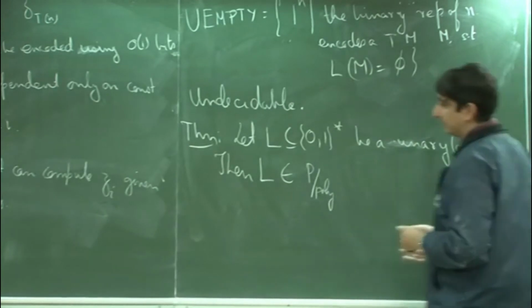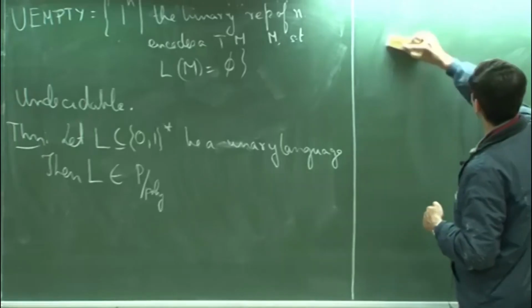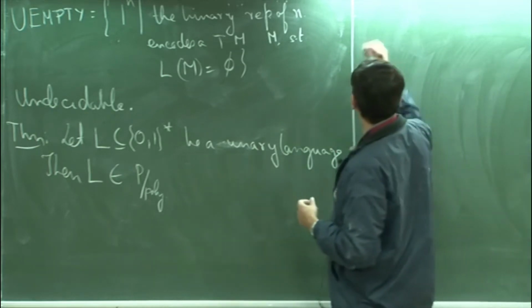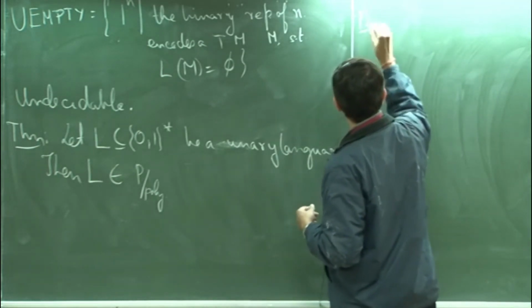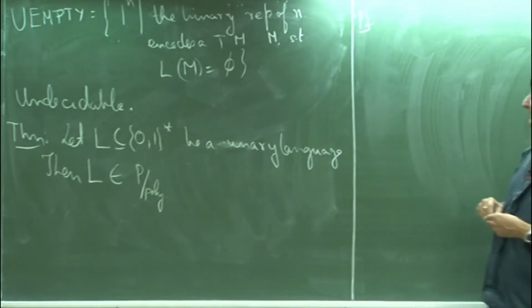So, again the proof is actually very simple. Any idea how we can prove this? Just have n, and for each n, if n is accepting, then I will accept it, and if it is not accepting, I will reject it. You have to be a little careful in the accepting part, but basically that is the idea.